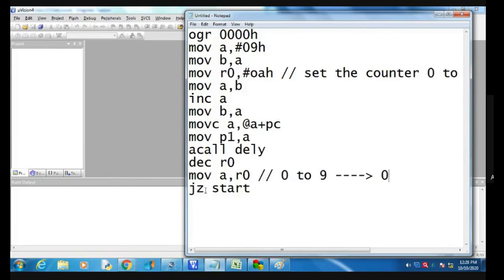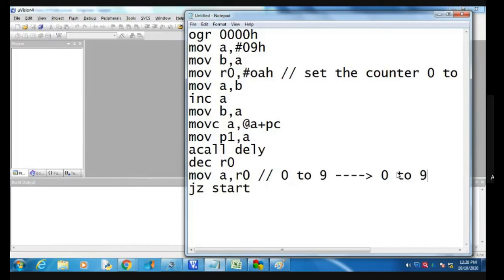So I am going to jump if accumulator is 0. When your count is complete from 0 to 9, then accumulator is 0, and then it again starts from 0 to 9.